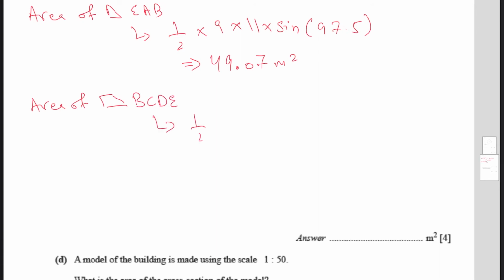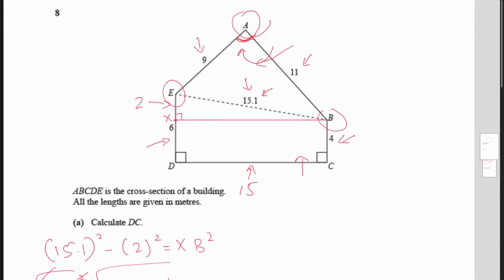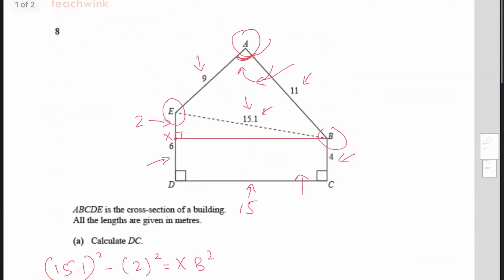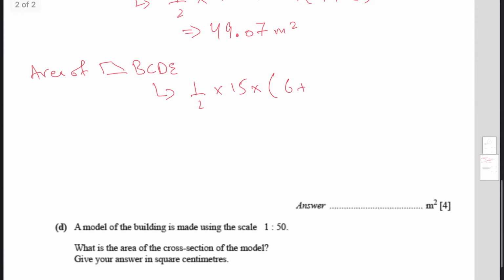We multiply half by its length, which is 15, which is the length that we just found. This length is 15, and this is being multiplied by the sum of parallel sides. Now the parallel sides in this are 4 and 6. So you add them up. You do 6 plus 4. Okay, let's plug this into the calculator. So we do 0.5 times 15 times the sum of parallel sides, which is 10, and we get